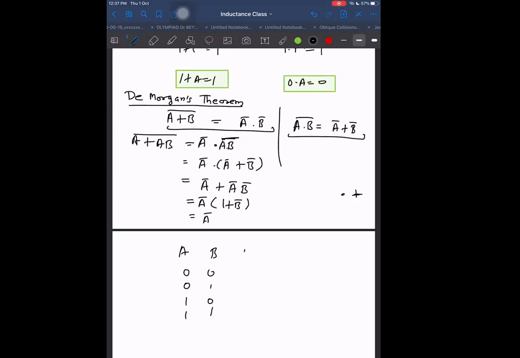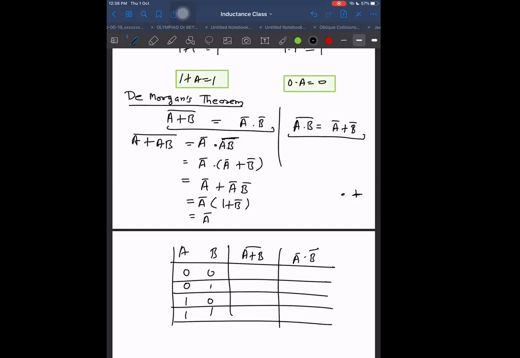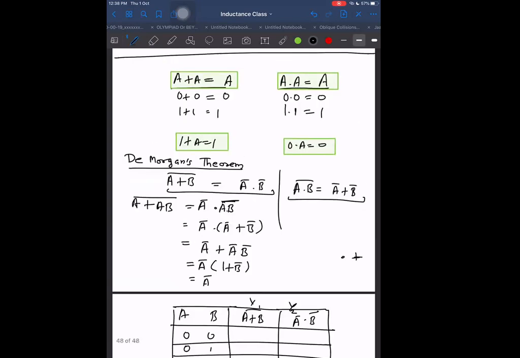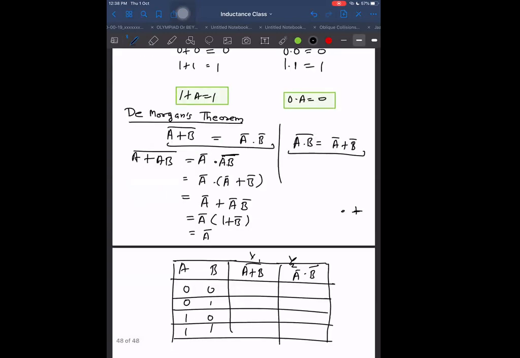And here it is A plus B whole bar. Just write it down and also write A bar dot B bar. Form the truth table of these two, and I guarantee that this will come out to be this output and this output. Let us call it y1, y2. If the values of y1 and y2 are all coming out to be the same, then y1 and y2 are the same. By that we can say that A plus B whole bar is equal to A bar dot B bar. Similarly, we can verify and we can prove. This verification is not just verification, it is proof also.